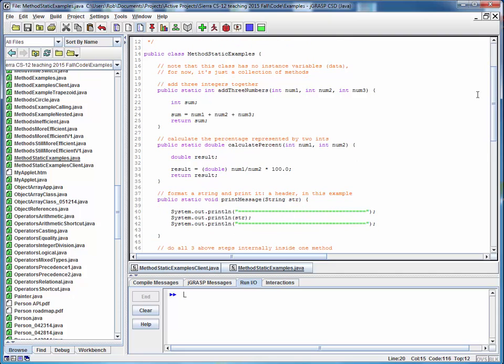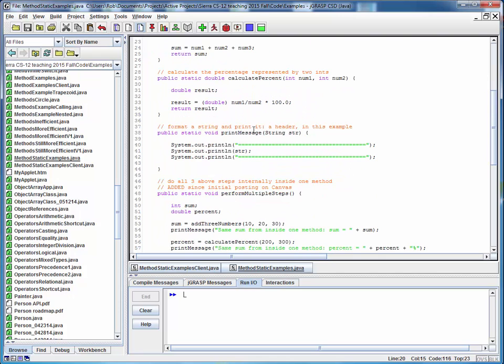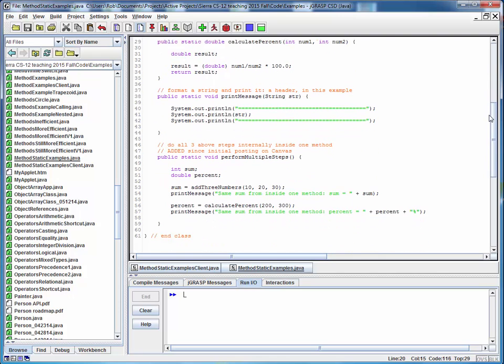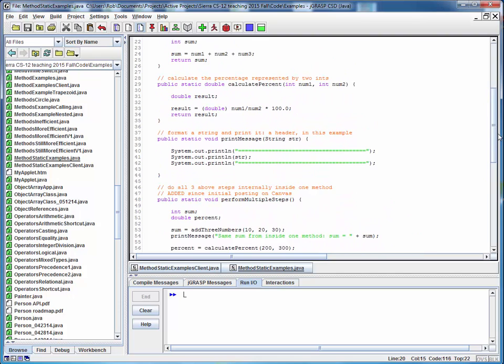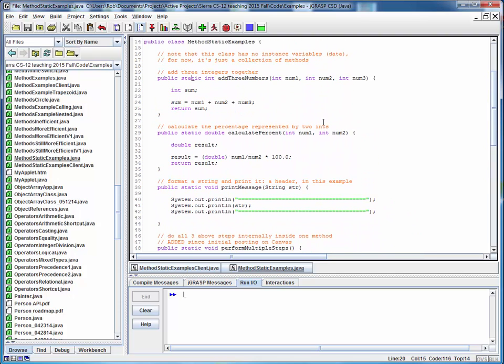This is just a collection of a couple of simple methods, one that adds 3 numbers, one that calculates the percentage, one that prints a message, and one that performs all the above 3 steps inside of one method. The key difference here is that now we've made these static methods by adding this static keyword to each of the method interfaces. And in doing that, we've now changed the way in which we need to call these methods